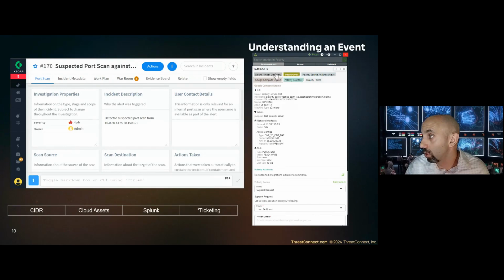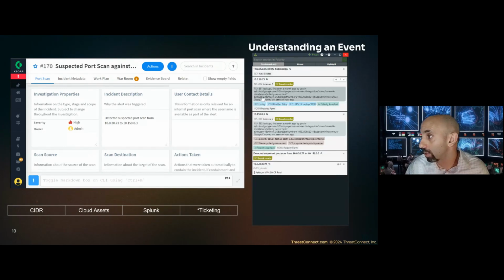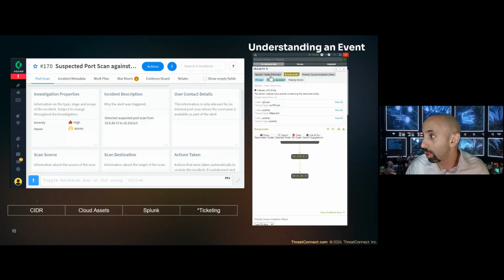I am also simultaneously doing searches across Splunk indexes. So I'm doing an index discovery here, and that allows me to see what indexes this given entity falls within. Oftentimes analysts might have their go-to place to search, but there might be 2 or 3 or 4 or more other indexes that are relevant to what they're looking at. And in this case, we're doing that discovery, so I can see it is in that IP to user index here,